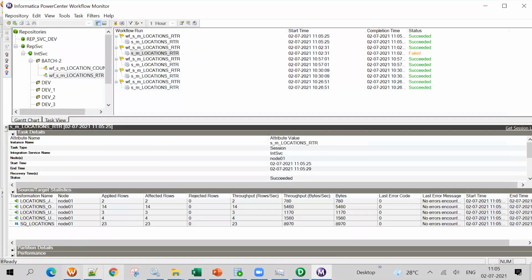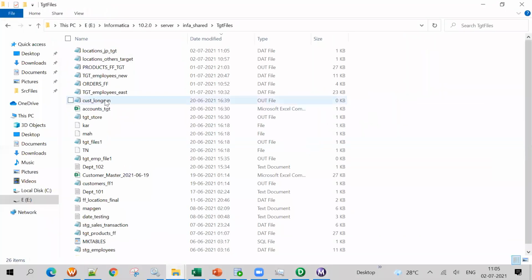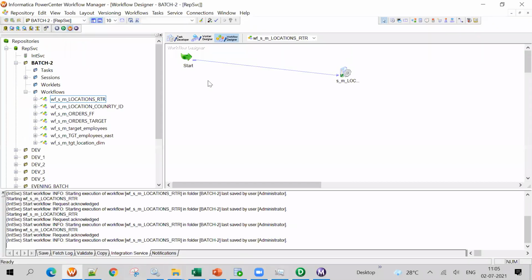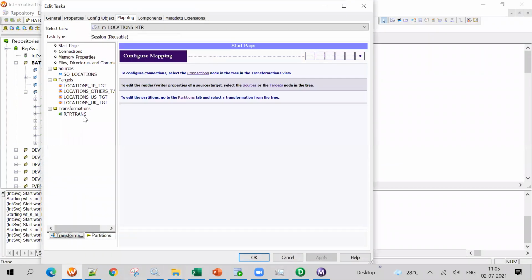Now it has succeeded. If you check it now, previously it was 1057 files. That was already there. Now one file is replaced at 11:05. Now see, the country folder has been created. So this is how you can give multiple paths also. That means for one file you give one path, and for the other file you give another path. That is what I want to show you here.